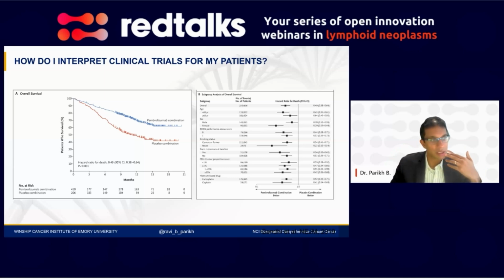And so typically our heterogeneity of treatment effect estimations, these forest plots, are not too revealing for how I ought to be deviating from the average treatment effect that's published in a trial, because these heterogeneity assessments are usually based on only one variable versus another. So you can see for age, it's less than 65 or greater than 65. And then you repeat your point estimate and confidence interval. And so this is challenging,